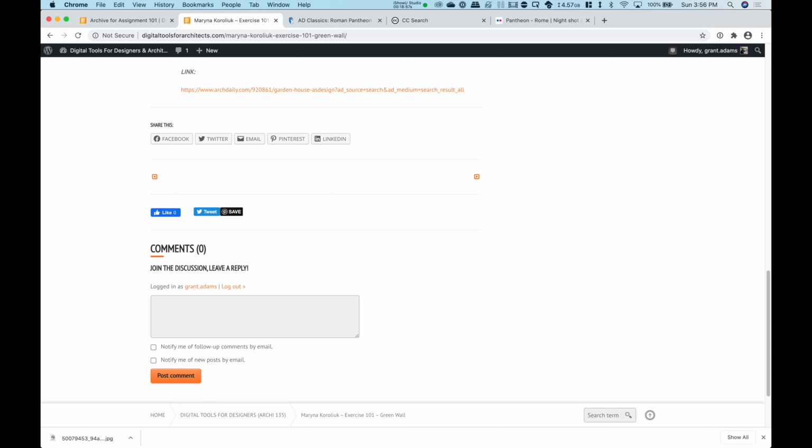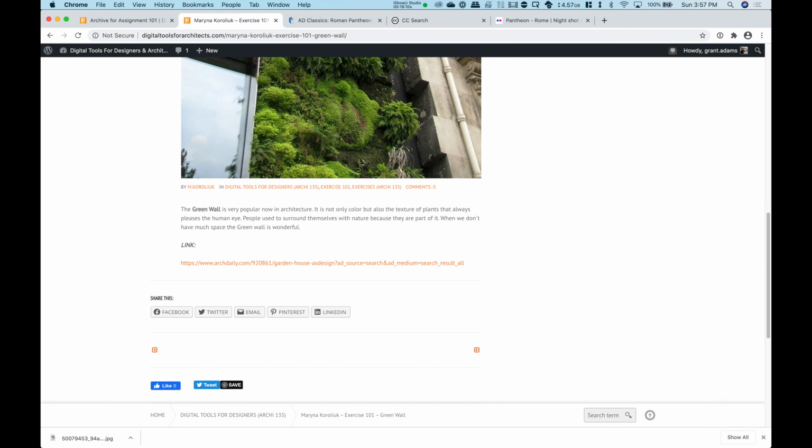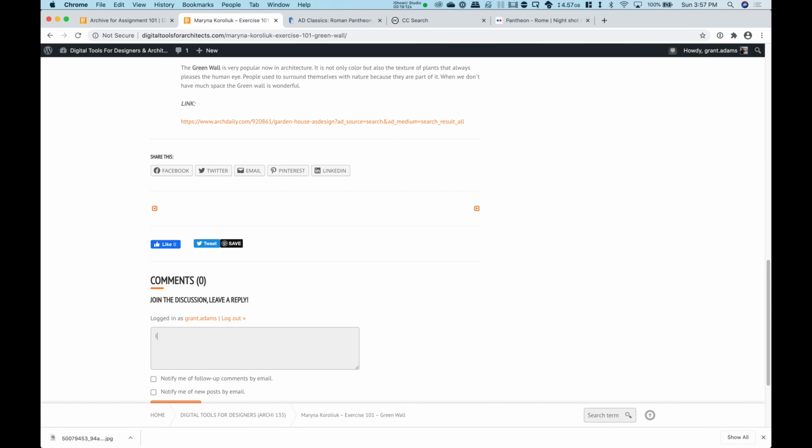And then we need to go ahead and write some kind of a nice comment about this. Remember, it's not going to be like, wow, cool. That's not a good comment. We need to write something constructive. So you might say on this building, I really like how the concrete facade juxtaposes against the green wall.